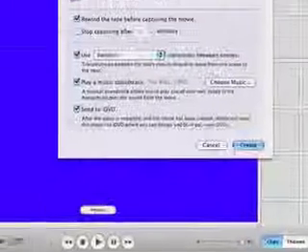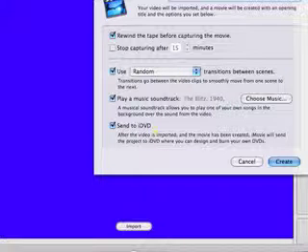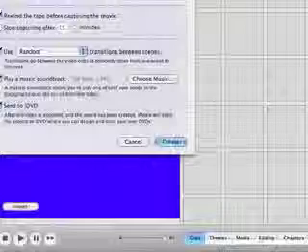Then it brings us back, and I have the last option. I can go send to iDVD, and what that will do is when it makes the movie, it'll automatically create a DVD for you so you can share it with your friends. When you're ready to go, just click on the button, create,